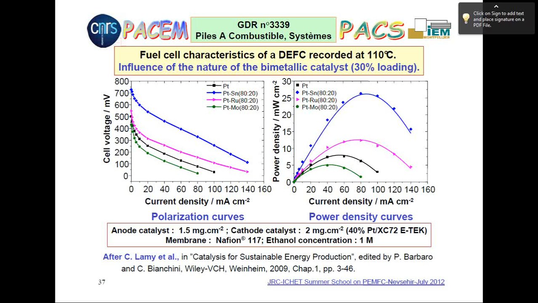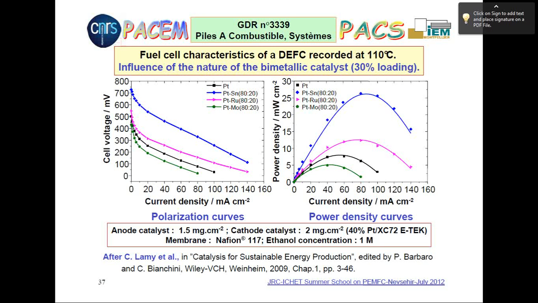But the only miraculous catalyst is platinum. But you can make platinum plus something. You add other metals, binary, ternary metallic systems, and you can improve a little bit, but not that much. With ethanol, oxidation is a very difficult reaction, so the effect of the catalyst is much more important. So why did I choose that? I have the cell voltage versus current density curve for different catalysts,